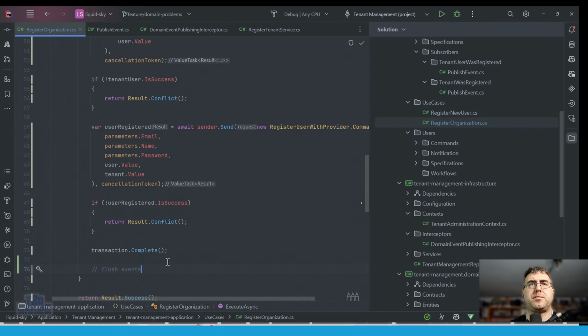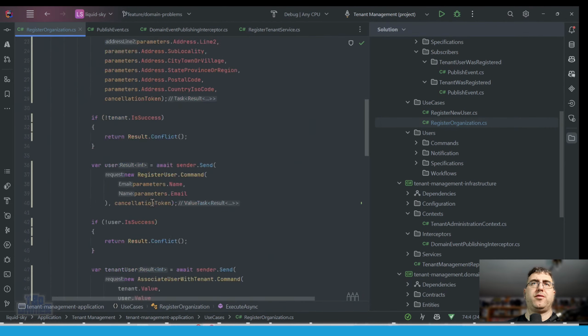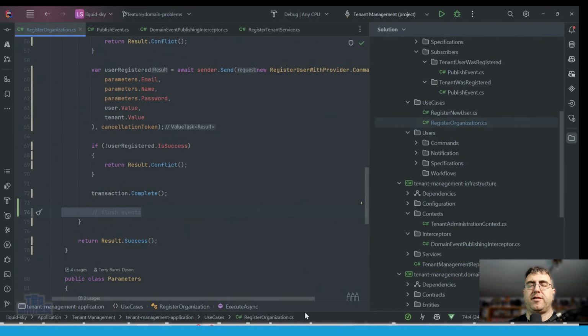But if I do this, I don't know if I'm doing it in a transaction or not. So I'm always going to have to flush. So if I know that events have been created,